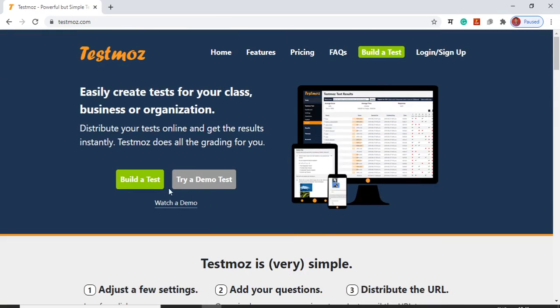Here there is an option called build a test and try the demo test. Here we will click on build test, so we do not require any login credentials. This login is only for the premium user or paid user. We are not a premium or paid user, so we will click on build a test.